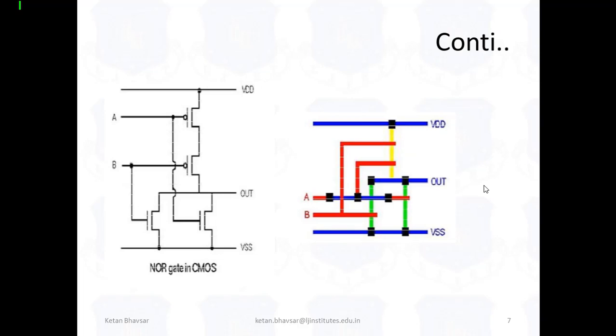Similarly, now we are focusing on designing the NOR gate based design. As you can see, the NOR gate is already designed like this. We have to take two PMOS and two NMOS. Two PMOS are connected in series and two NMOS are connected in parallel. With the help of one combination we are creating one CMOS, and with the other combination we are creating the second CMOS.